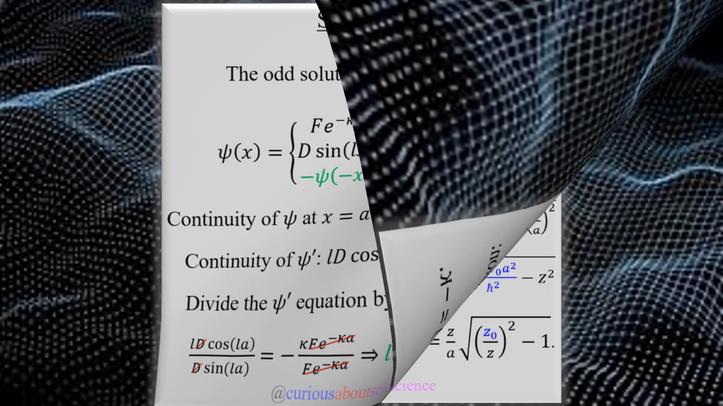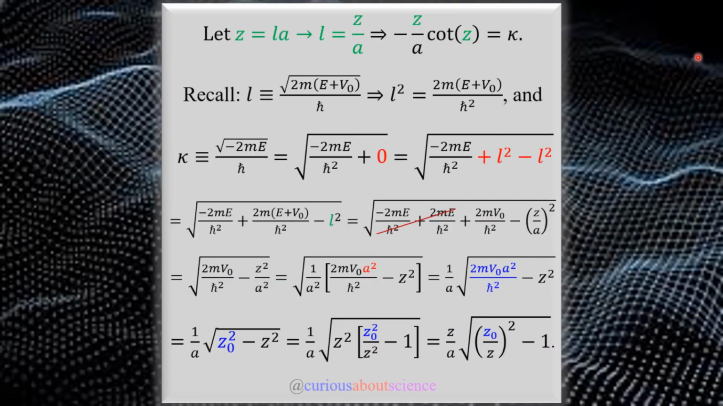Get ready for some algebra. Alright, so following the textbook's notation, we go ahead and let the argument of the cotangent be z, so z equals LA. If we solve this for L, we get L equals z over A. Cool, no big deal. But we're still left with the fact that we need to solve this thing for z and kappa, both of which are variables of something we want. So let's write kappa in terms of z and see if we can plug this into a graphing software and